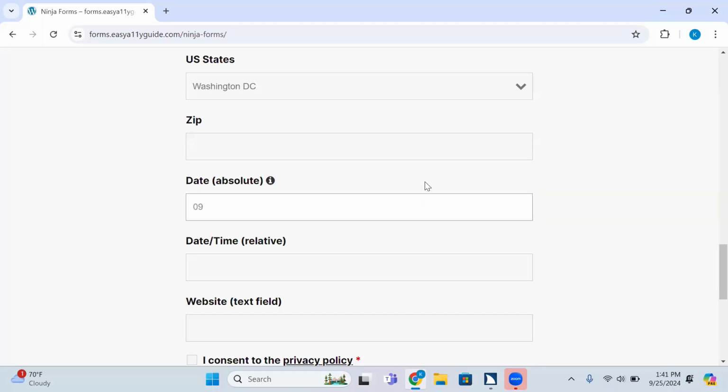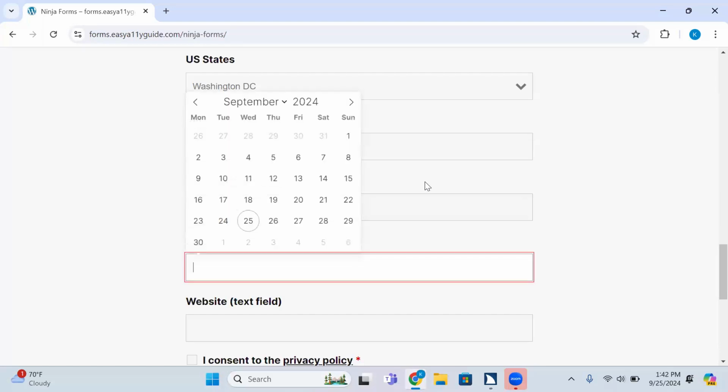Date absolute. Did it actually work? MM/DD/YYYY edit 09/25/2020. Jesus, that's painful for me to listen to. Date/time relative edit blank type in text. Date/time. I put whatever was the default. I know, I'm just confused. Every time I hear this stuff.